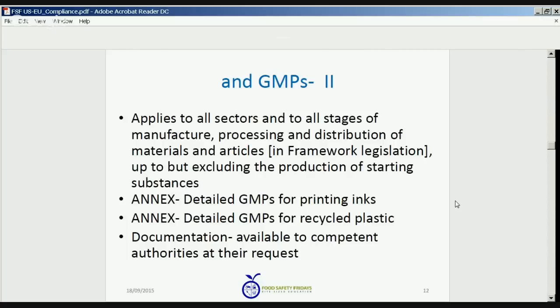Both of those annexes represent specific cases where the European Union food safety community felt the need to respond to marketplace events with specific good manufacturing practices in these industry sectors that provide specific guidance to the participants in those sectors for ensuring the safety of their products going forward. Importantly, if you participate in this supply of food packaging materials in the European Union, you must have this